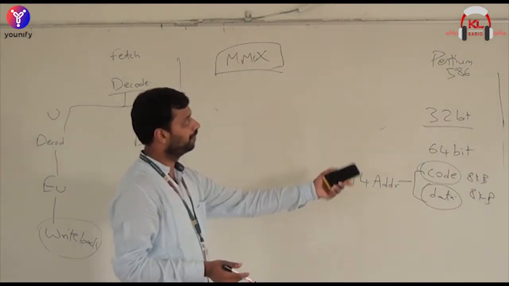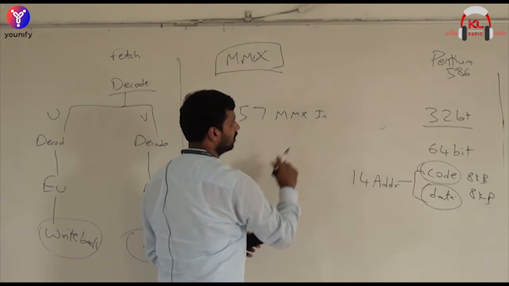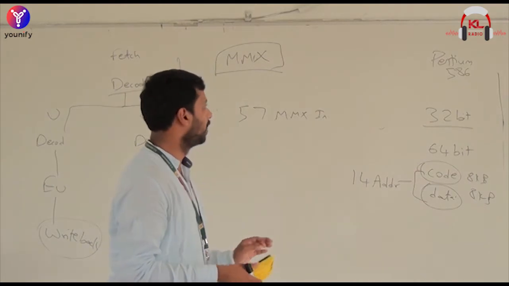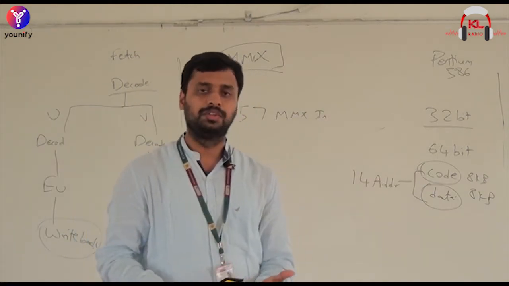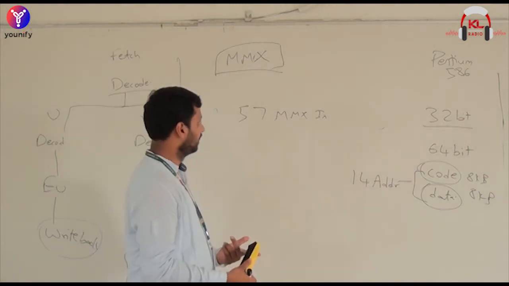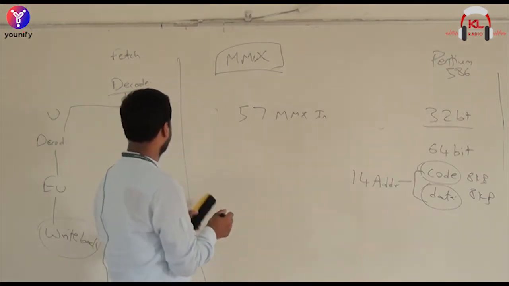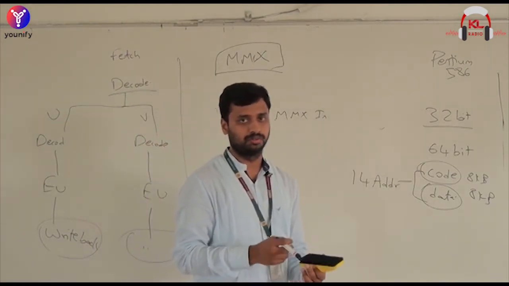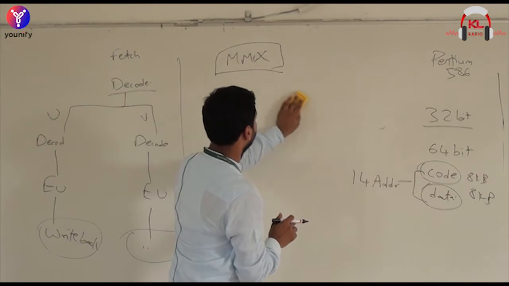So MMX carries all the features of Pentium, and it separately has 57 MMX instructions. That means there is a separate hardware block dedicated to this, specifically doing the multimedia operations. These soon evolved into what you call the graphic processor that we are using today. So what do we do with the graphic processor? We use it for rendering videos, image manipulation using Photoshop, or playing games. What they specifically do apart from integer operations is the intense floating point operations, and that is where we have multiple data types